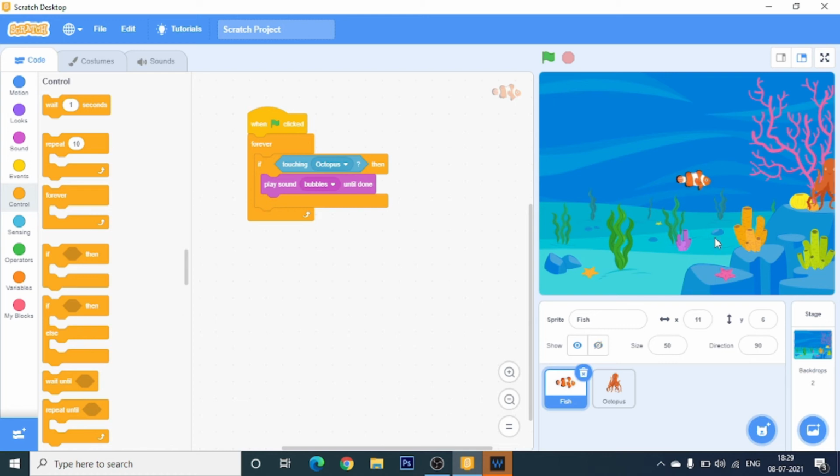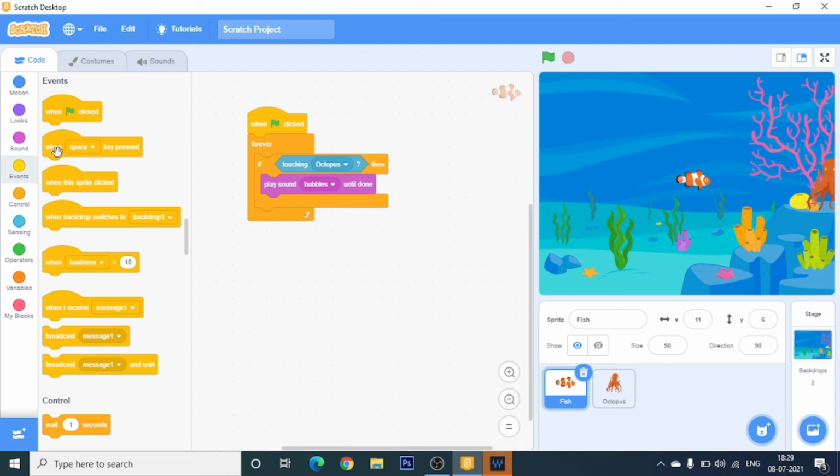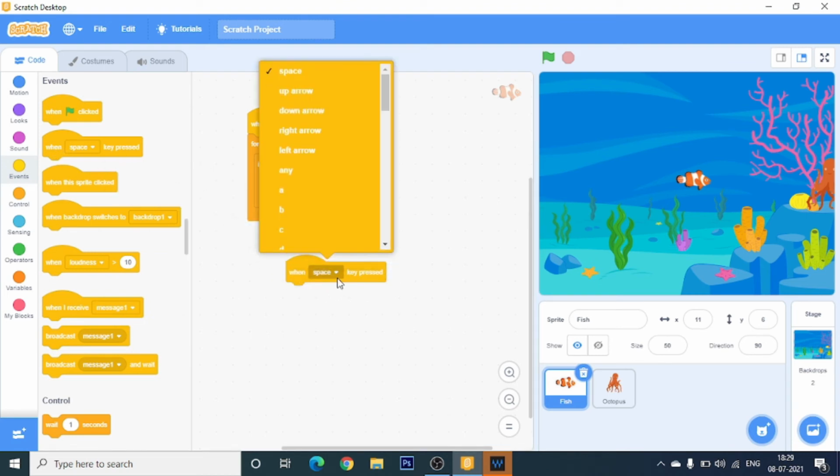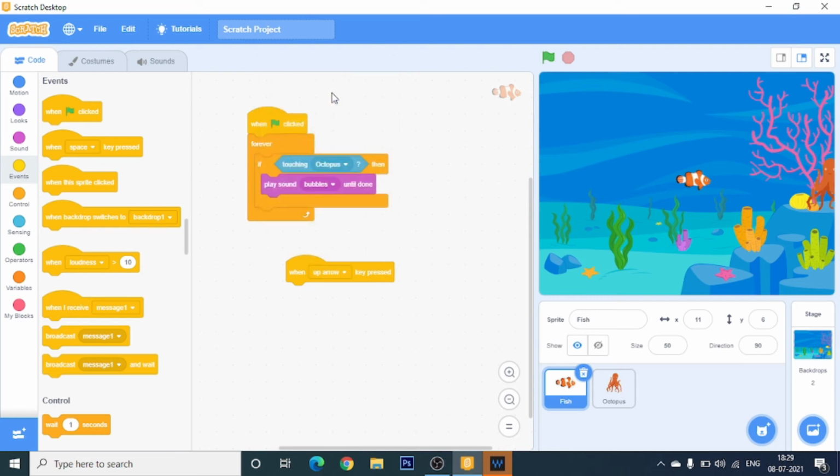So right now my fish is here and you can see x and y coordinates here. X is 11 and y is 6 right now. So I'll take blocks from the events category, when space key pressed. Instead of space, I'll take when up arrow key pressed.